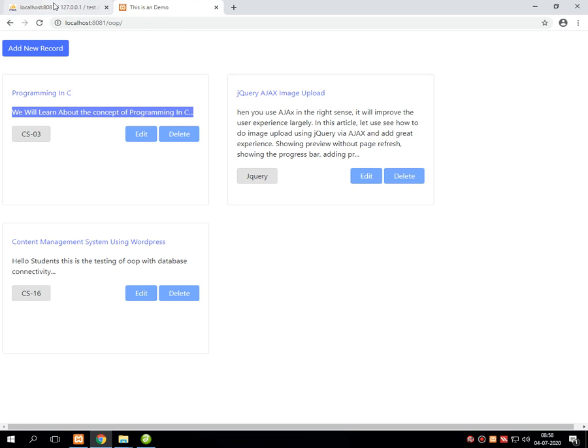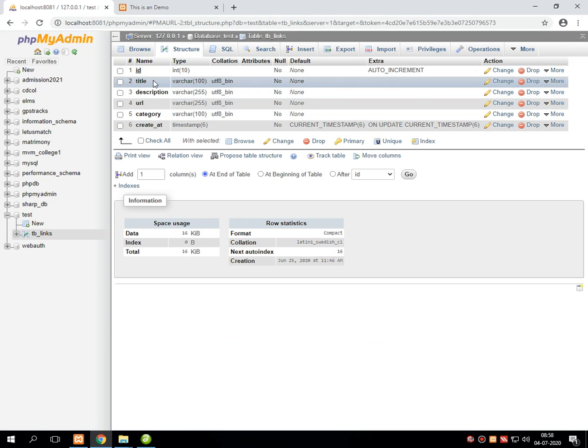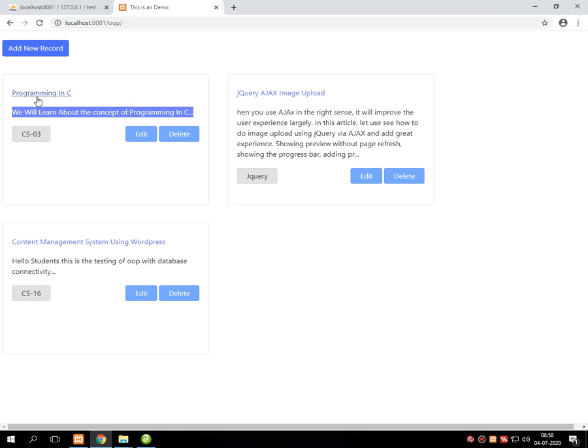Look at the structure of the database table. The hierarchical representation is like this: first ID, then title, then description, then URL, then category, and the last one is create_at. So first it will display the title on the screen as output.